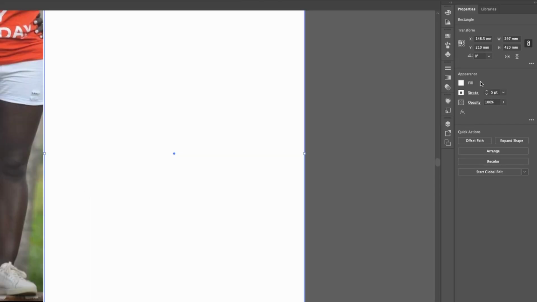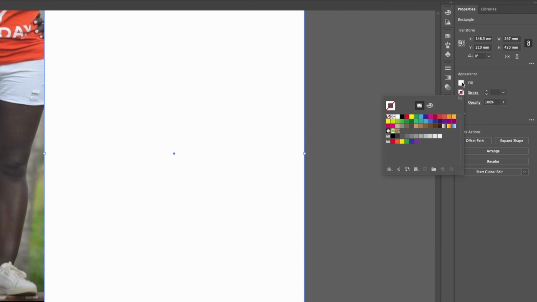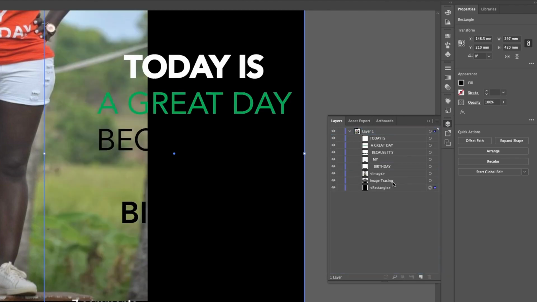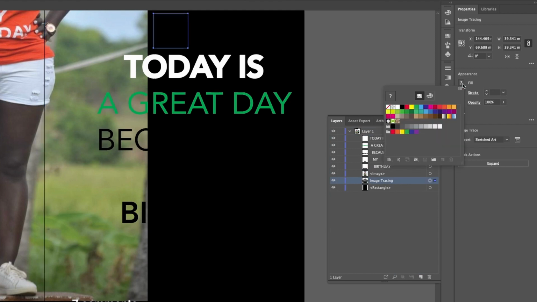So it looks like this has got stroke, so I'm going to take the stroke out, and then I'm going to make the fill black. Now you can see that it's on top of everything over here, so all I need to do is move it to the very bottom. And then my tracing is looking black, right? So I can make my fill,